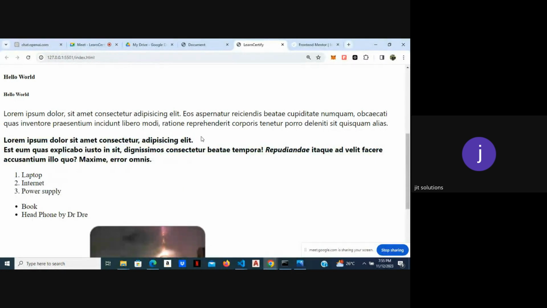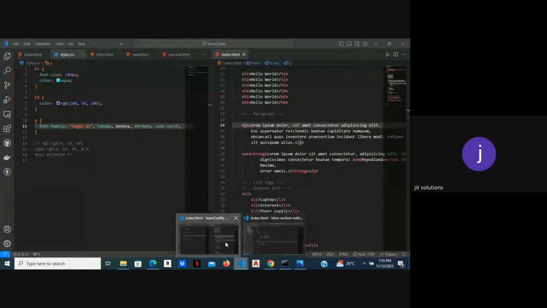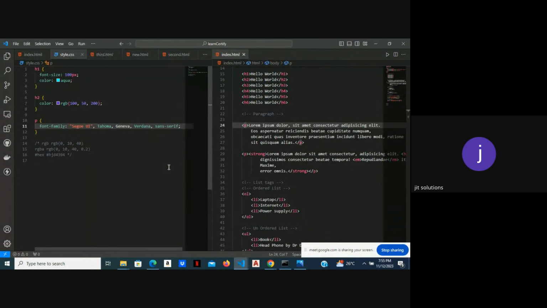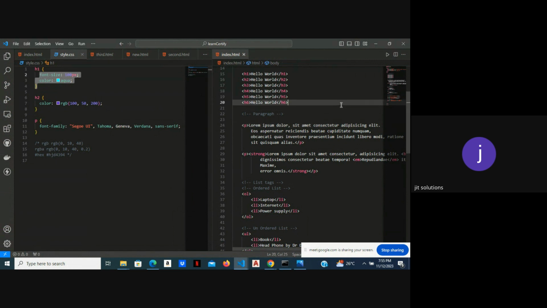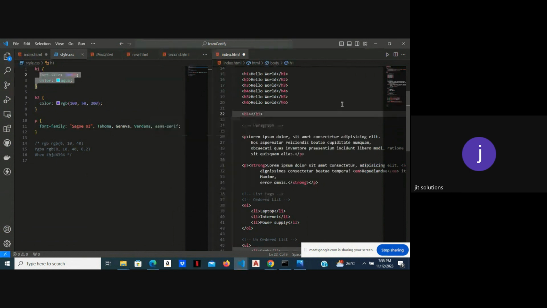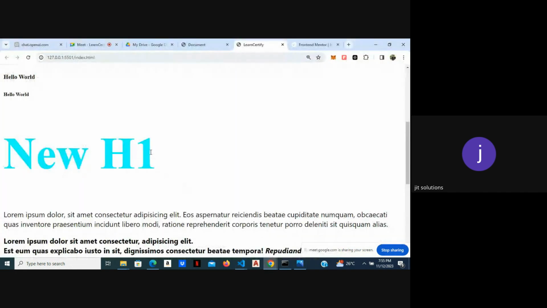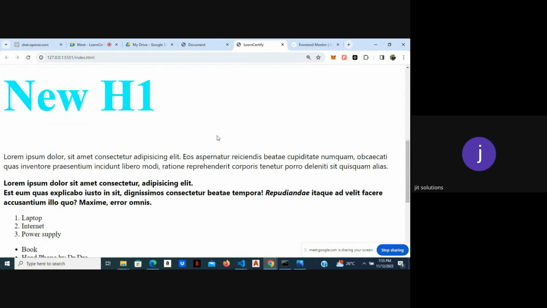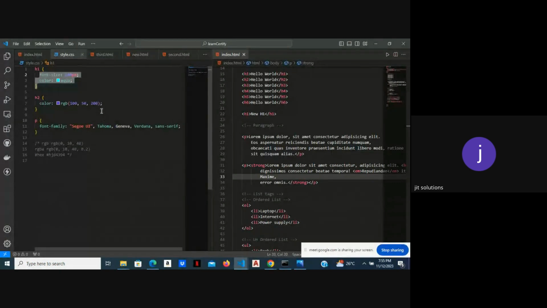So that is one thing about tags. When you add a style to a particular tag, it affects every element in your web page that is under that tag. So once you write a style for H1, if I come down here and create a new H1, and I say new H1 and I save, going to my browser, it should have the same styling as this one. So that's one thing about using tags to style. It is only when you want every H1 or every tag to have that property that you use tag names. But if you just want a specific or unique tag to have it,